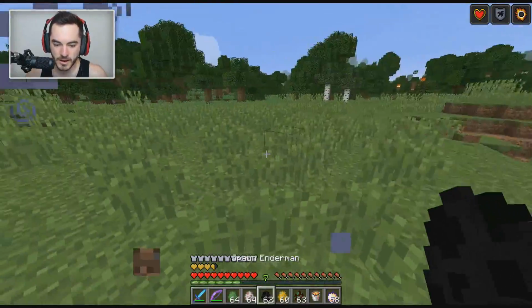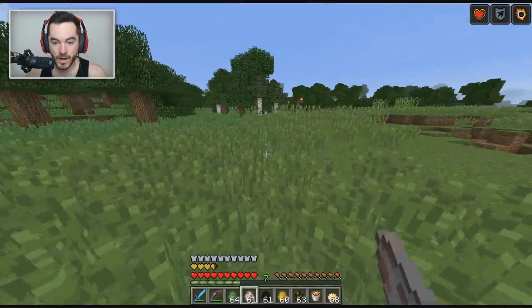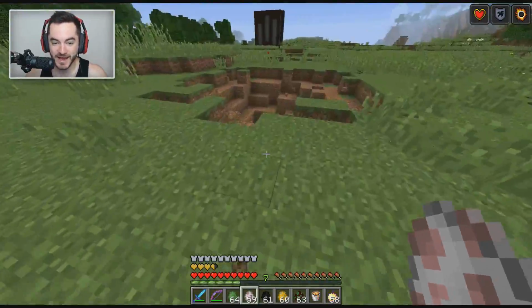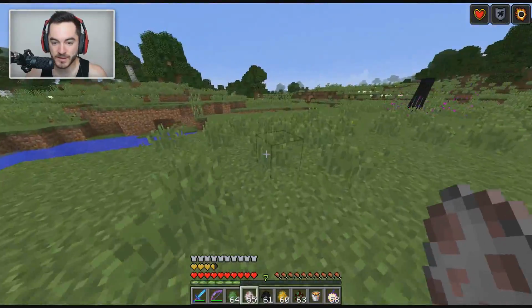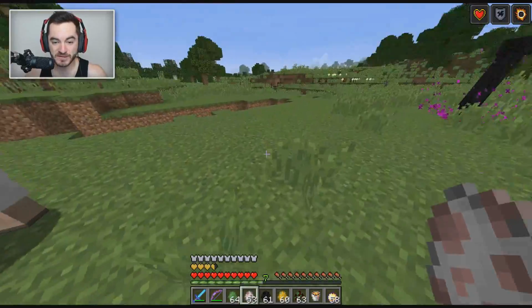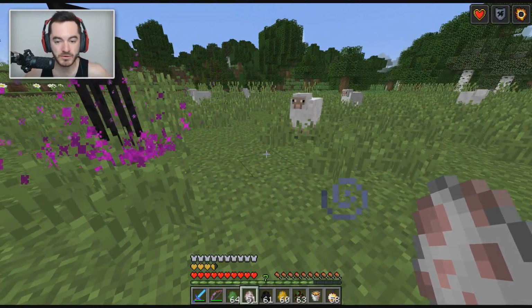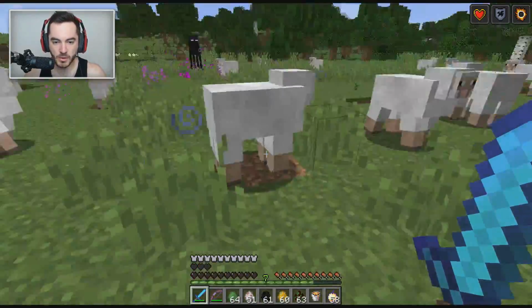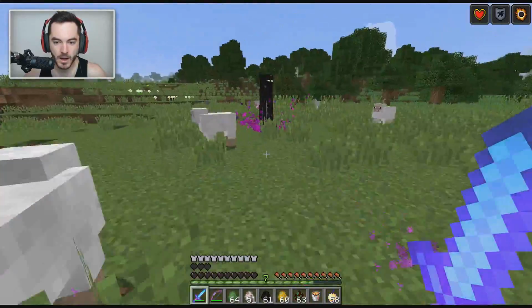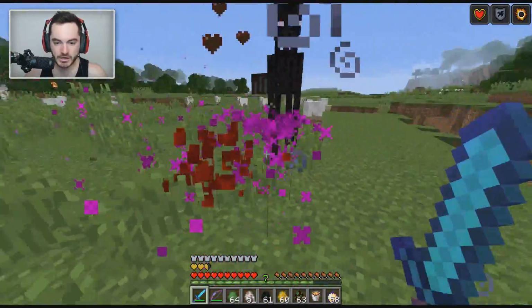Let me spawn another Enderman. And then I'm going to go ahead and spawn actual sheep around where I'm currently at. Not ghasts. Sheep. Very hard to tell the difference between the spawn eggs sometimes, but these are, in fact, sheep, as you may be able to tell. So, what happens when you have sheep or pigs or cows around the location of the Enderman, and you attack them, is that as you deal damage, they can actually...